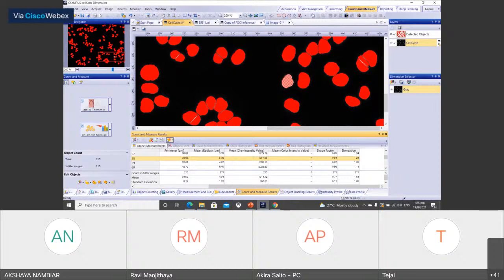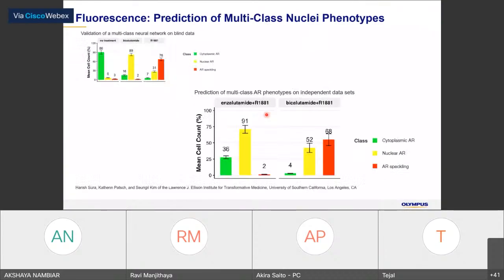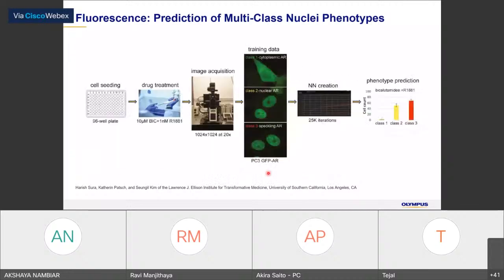Okay, so if that is the question, then as an example I showed in my presentation, this one is not a co-culture, it is one cell line, but they have different kinds of structure.